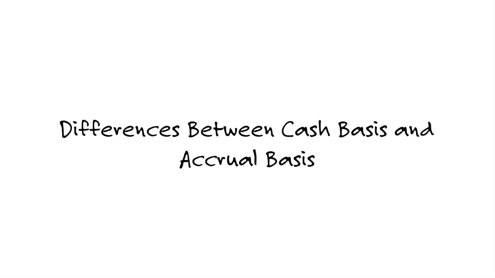What we now like to work on is a little bit about special purpose framework, and in particular, when you see a cash basis financial and you need to convert it to full accrual. We're going to start with the cash basis numbers, and then we're going to look at changes in receivables, payables, and things of the sort, and then figure out how does that impact the cash balance to ultimately equal the accrual balance. We've got a lot of items we'd like to show you and work out with you.